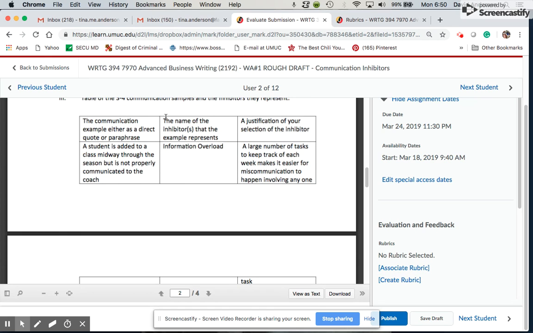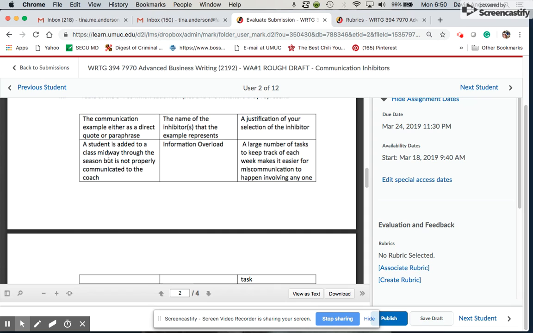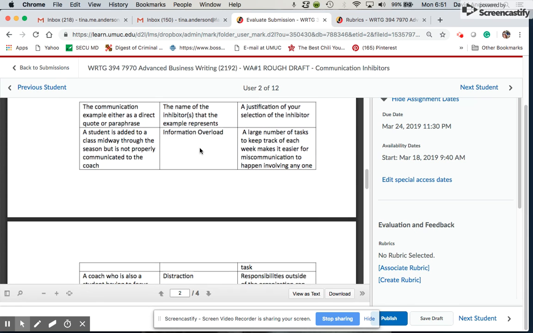And then third thing, inside of the table, I understand where you have these communications. You need to give a very specific example: in the middle of a spring session after the 3rd game, a new player showed up on the sidelines. I was unaware of that person. So you want to give the very specific details of an event where information overload happened, and then describe what the impact of that information overload was, or that this is really like an organizational